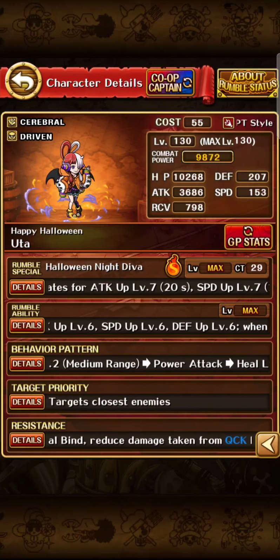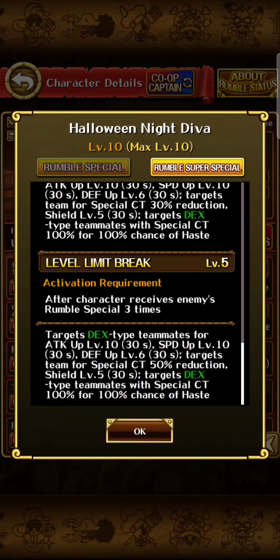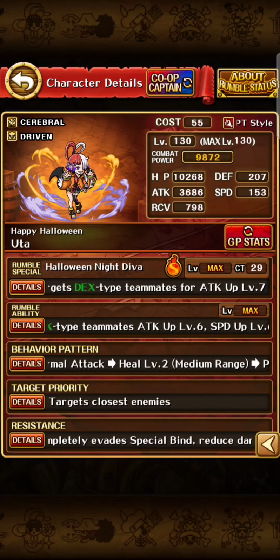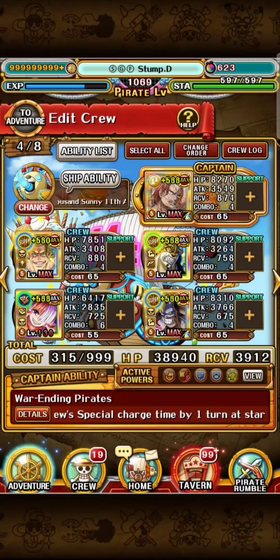Christmas Uta, she is going to be an absolute menace with the massive 50% CD reduction she gives, and then she also gives 100% chance to haste characters that have a max CD. So if she gives you the full CD reduction and then haste, it brings you straight to the top, and you can just pop your specials off and do butt tons of damage with characters like Ace, with characters like Lucci, Sobermask, Verse Kaido, you name it, you can hit